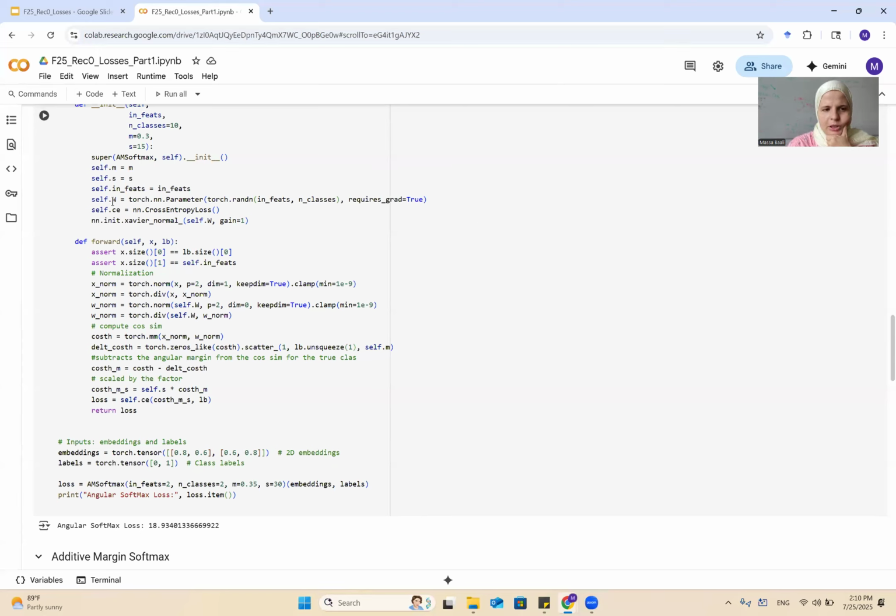So again, we initialize the weights. We initialize the margin, the scale, the features, and then we need the cross entropy loss. Then here we normalize the input and the weights, and then we compute the cosine similarity. And then we subtract the angular margin from the cosine similarity for the true class. And then we scale by the factor